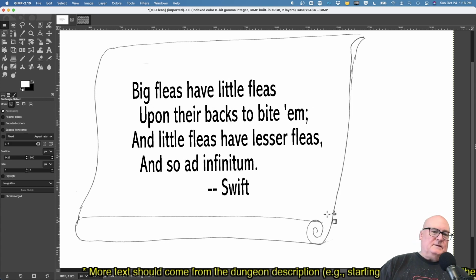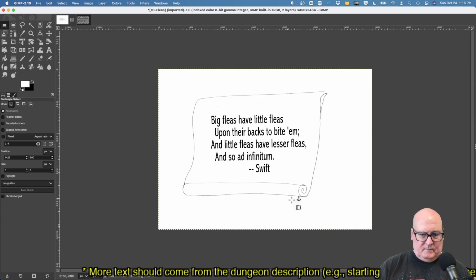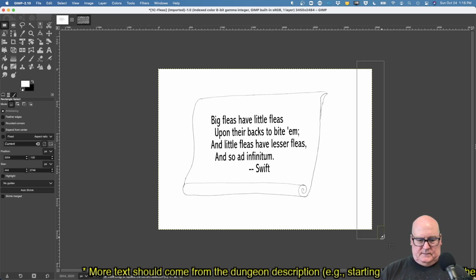Trying to center this. Okay. Let me do a little more trimming. Just trying to get this side corresponding. I guess I'll take an anchor. Okay. Let's take off this.